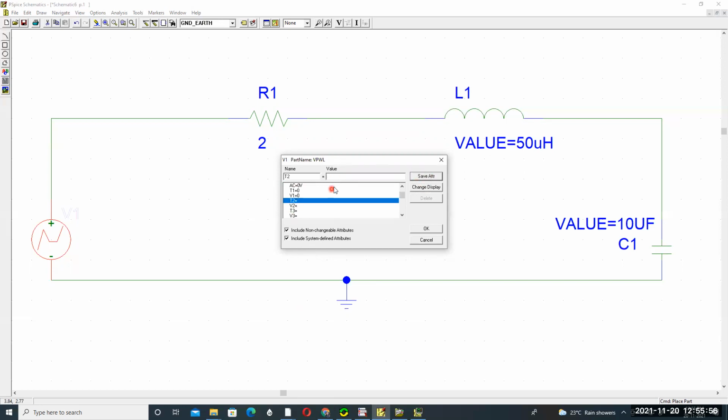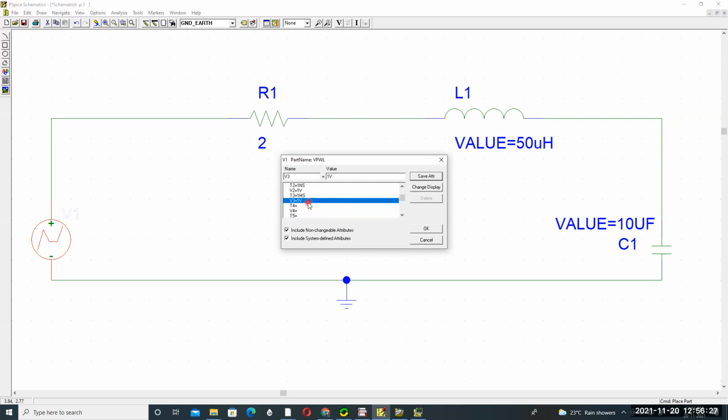Then T2 is 1 ns, 1 nanosecond, and V2 is 1, since for a step input the voltage is always 1. Then T3 is 1 millisecond, 1 ms, and the output voltage is also 1 volt. So like this, each and every one: T1 V1, T2 V2, T3 V3.